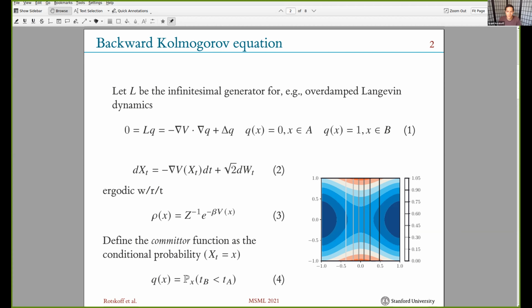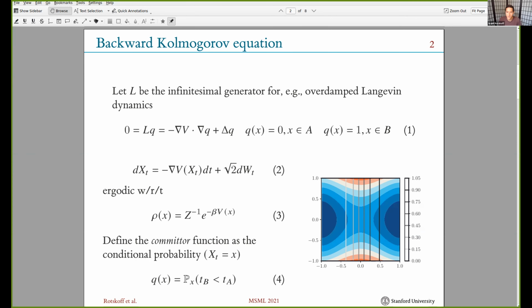And this PDE is relevant for a number of problems in biophysics and chemistry. And it comes from the following type of problem. Imagine that I have a stochastic dynamics, like overdamped Langevin dynamics, and we know that that's ergodic with respect to a Boltzmann distribution. So I have some density rho of x, which is equation 3 here. And then with this density, I can define a quantity that's a bit more dynamical, which is known as the committor. And this is the conditional probability that a trajectory initiated at time t at position x in the domain